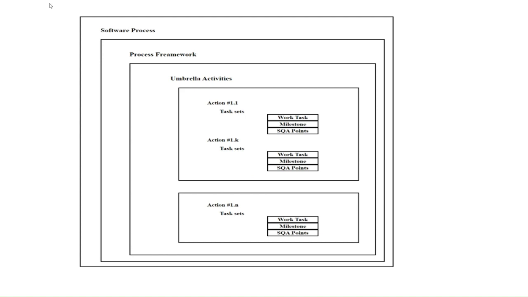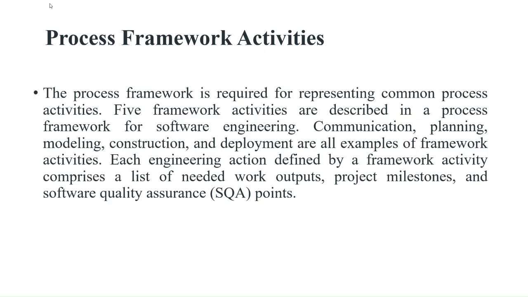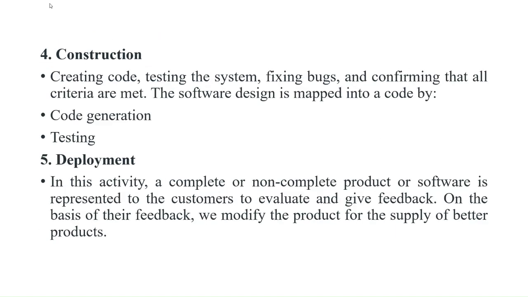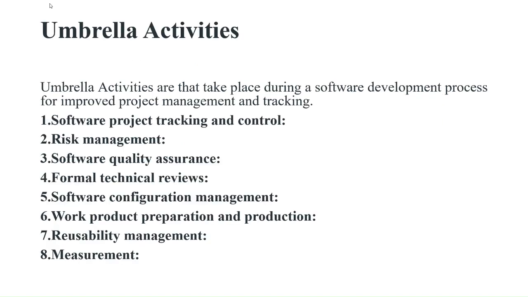Next, we have discussed this graphical representation. In the process framework we have 5 activities: communication, planning, modeling, construction and deployment. Next, umbrella activities. In umbrella activities we have different types of activities, the 8 activities we have discussed. That's it. I hope you have understood these topics, and please